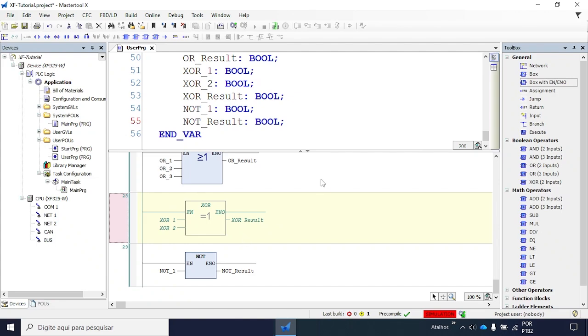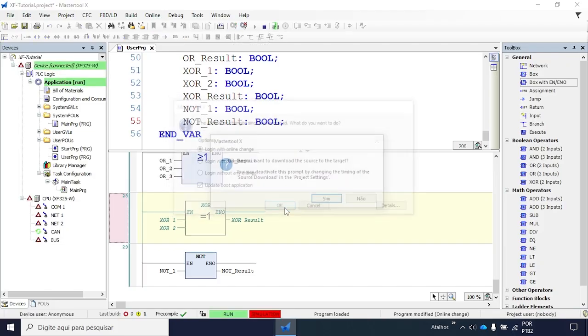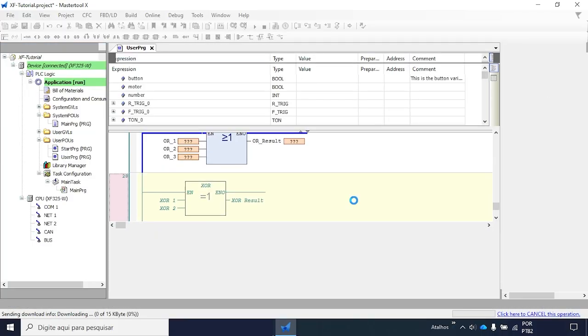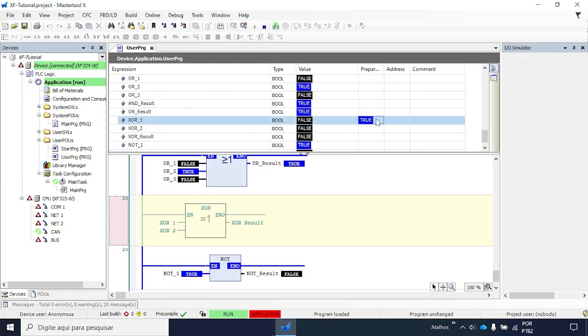So if you were to run this program and try to interact with this line of code, so let's say for example change this function block's input, then nothing will happen because it's commented. So you can run any tests without this line of code or check how your program behaves.